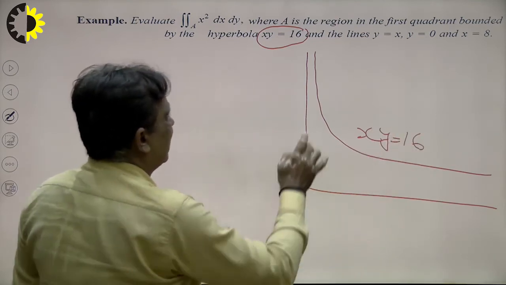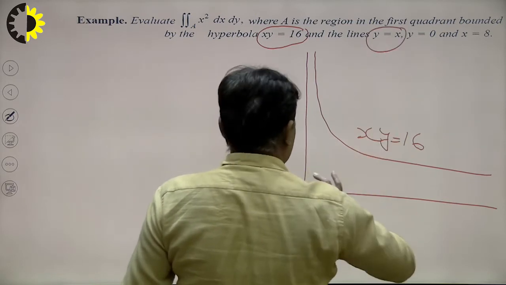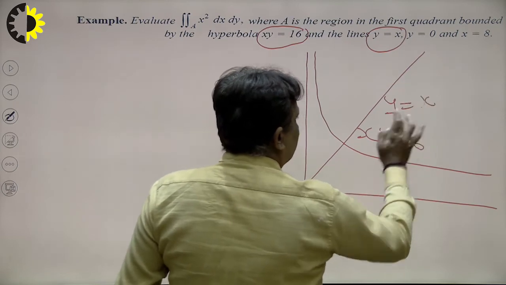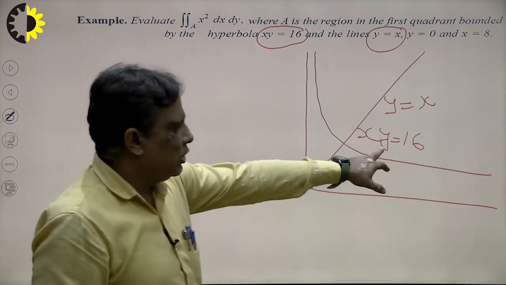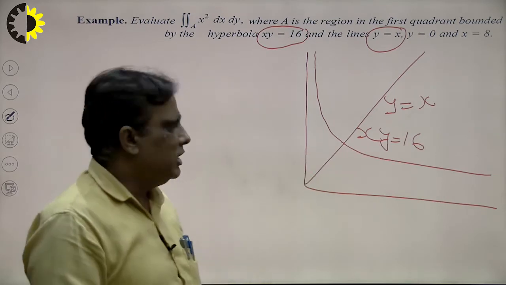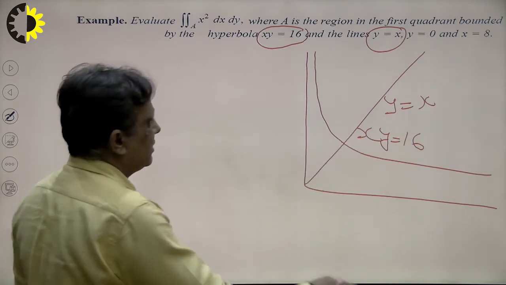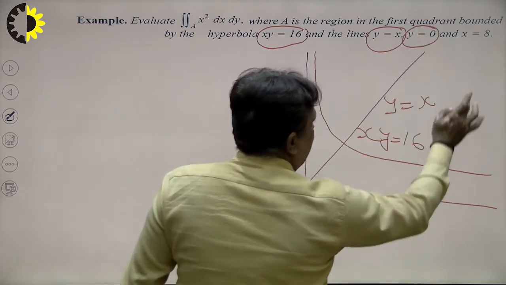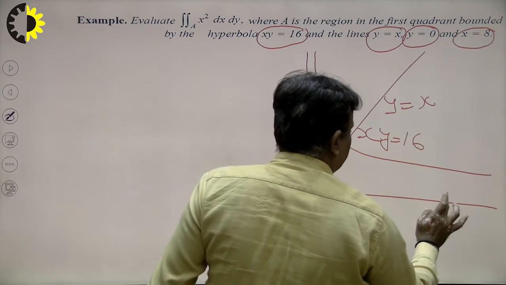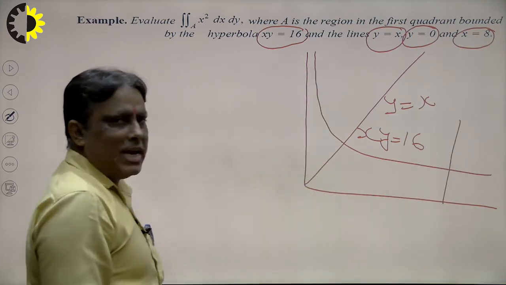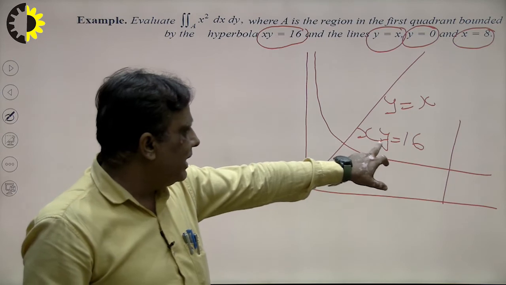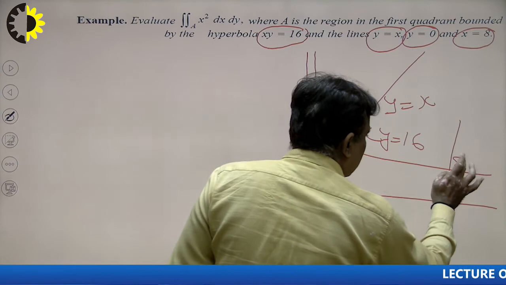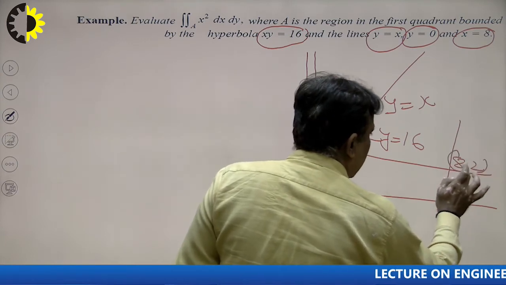Now the question is what is y is equal to x? So y is equal to x is this line, right? Suppose I want to calculate this point: y is equal to x and x square is equal to 16, so this will be 4 comma 4. Now what is y is equal to 0? y is equal to 0 means the x axis, and x is equal to 8 means this point. Suppose I write x is equal to 8 here, so what will be the value of y? 2. So the coordinate of this is 8 comma 2, and the coordinate of this is 4 comma 4, right.